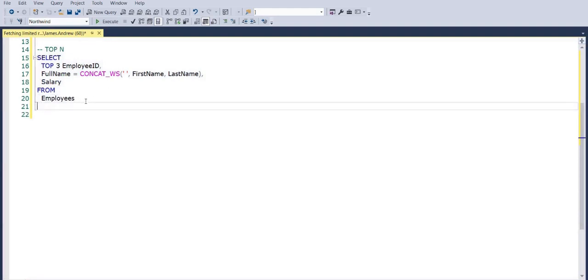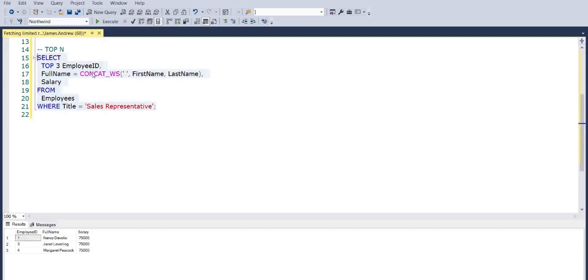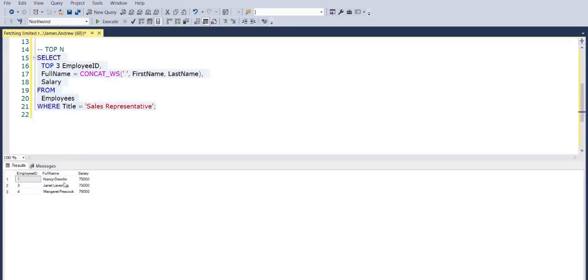You could introduce your where condition, so we could have where the title equals any specific job title, but here we could say sales representative. And then we can actually go ahead and order this after, which we can look at. It's worth noting that this is useful when there aren't many outliers. If you are taking samples of data, you do need to be careful that things are quite proportionate, but it's a fast method. So you can see we would then get the top 3 employees by sales representative,